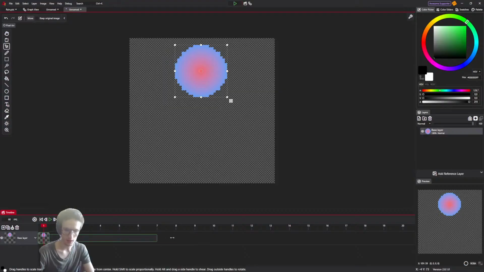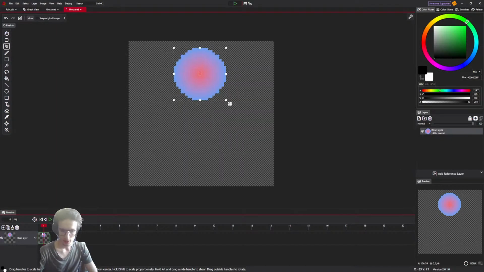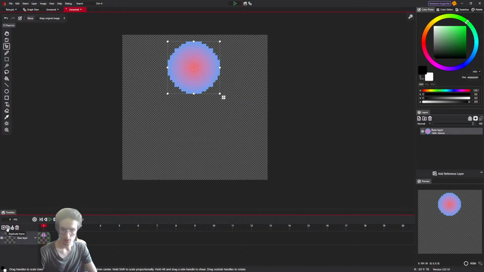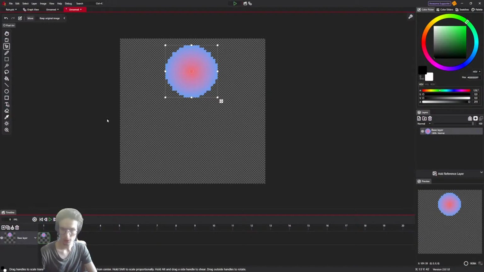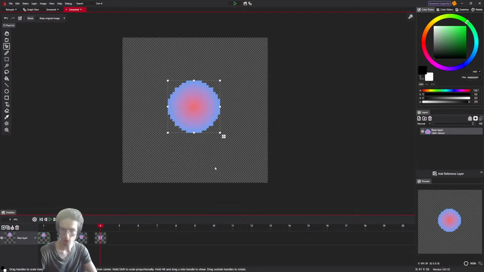I can make the cell longer or shorter, but I will go frame by frame. Maybe 8 frames per second is enough. So I take this frame, create a new duplicate, move it downwards, new frame, downwards, new frame, downwards.